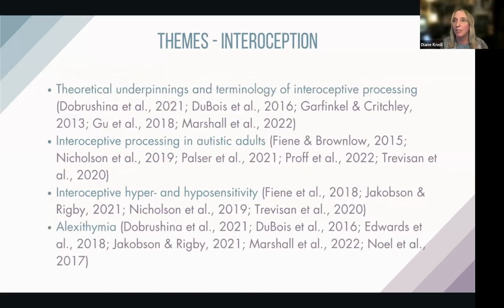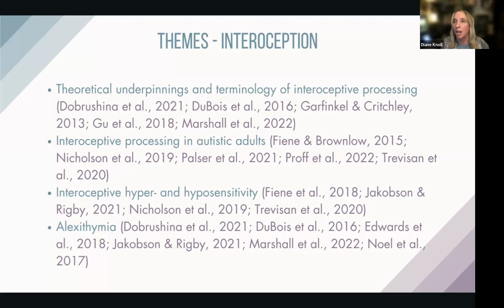And then looking at themes for interoception, a common one that came up for theory was the three-dimensional model of interoception, and that's by Garfinkel and Critchley. That includes interoceptive accuracy, which is defined as the metacognitive awareness of interoceptive sensitivity. The second is interoceptive sensitivity, which looks at accurate detection of internal body signals, and this can be objectively measured. And the third concept is interoceptive sensibility, which is being able to focus on internal body sensations and self-report on them. And again, the predictive coding theory did pop up again for interoception as well.